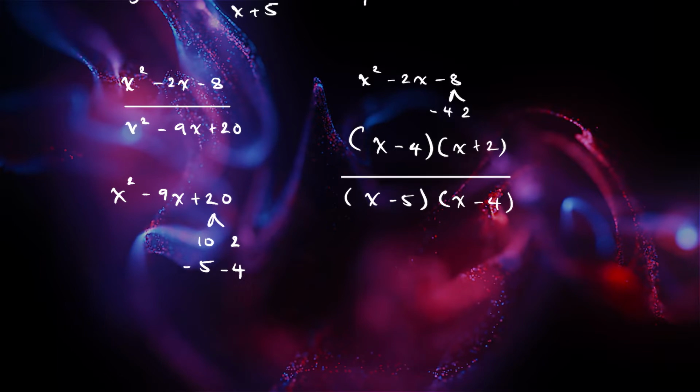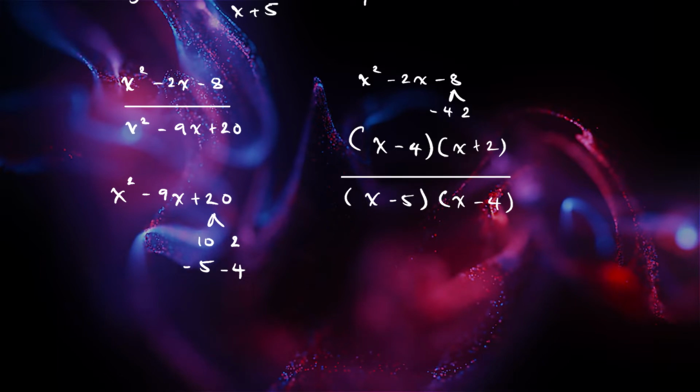Now, 5 times 4 is 20, but we can't get to a negative number that way. However, if we have negative 5 and negative 4, well, negative 5 minus 4 is negative 9, and that also multiplies to positive 20. So this is our pair, so we can put these in brackets, x minus 5 and x minus 4. Now, if you remember, this was a fraction, so if I draw my line there,